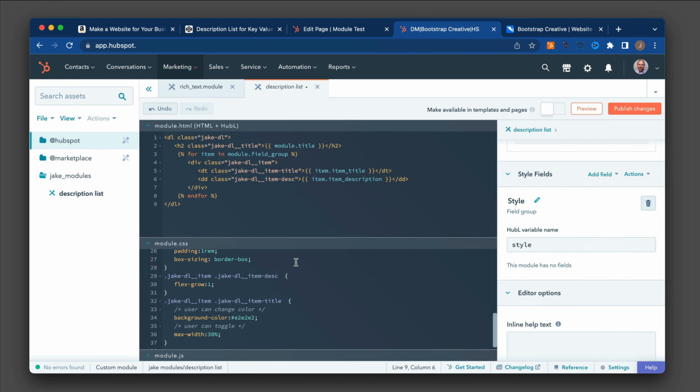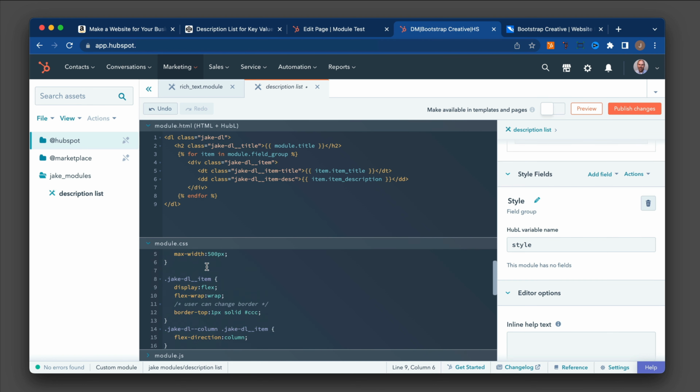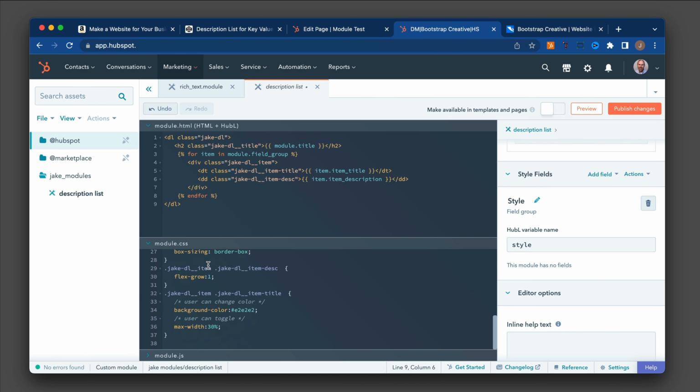And let's see the areas where I want them to have edit. So one thing that's important to remember is that where it says modules.css, this is like your styles that you want to apply at the global level for the module. But anything that's going to be user specific needs to be inside this HTML and HubL section because it's using server-side code to grab the user selection and override the default styles. So these default styles are fine here, but what I want to do is move some of these into a scoped section so that when the user makes the changes, they will override the defaults.